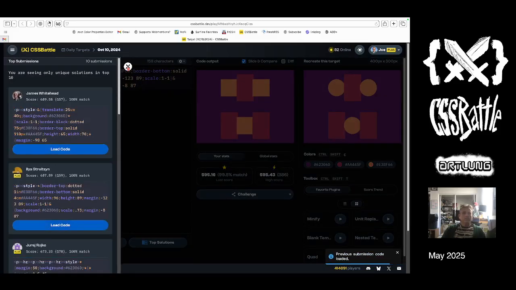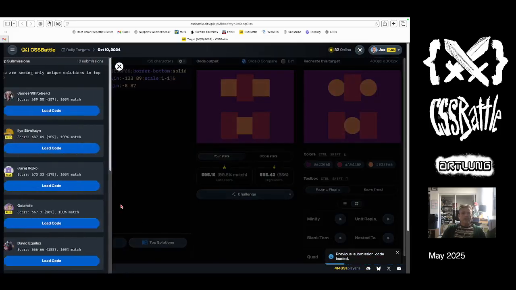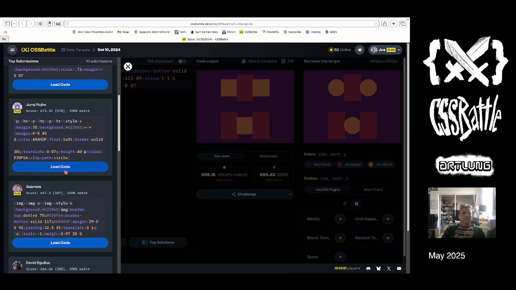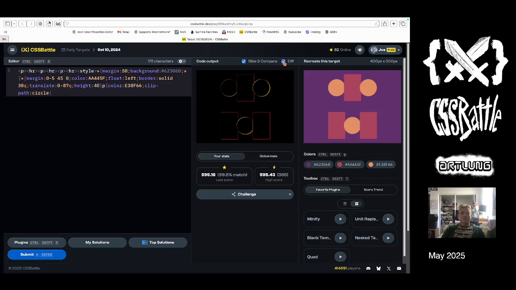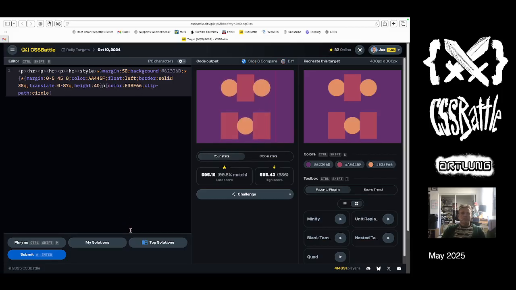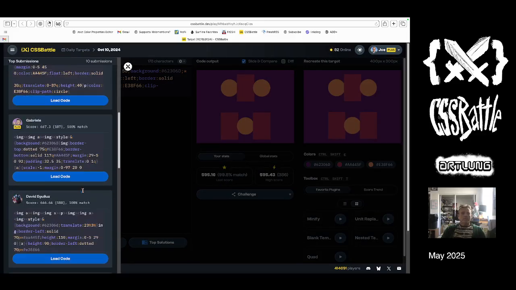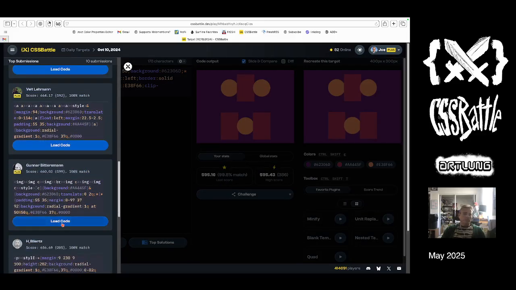Let's load this one. And that one doesn't work either in Safari. Let's load this one. That one seems to work. So that's pretty clever. Doing the same kinds of things that we do. When I look at this diff, I see a bunch of differences. So, when looking at the top solutions,